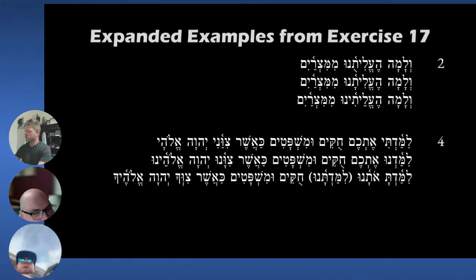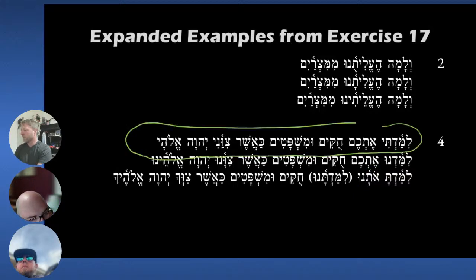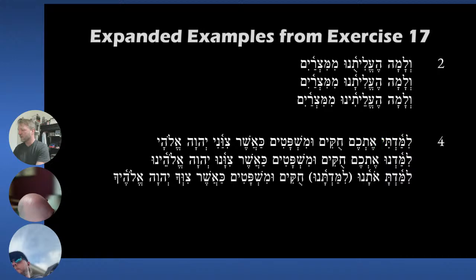All right, number 4. We are not going to attach etchem except in this case it's not etchem. I changed it to otanu. So limaditi etchem. This is from the book. לימדתי אתכם חוקים ומשפטים כאשר ציווני אדוני אלוהי. So limadeti, this is I taught you, plural. I taught you. Laws and judgments, chukim umishpatim,